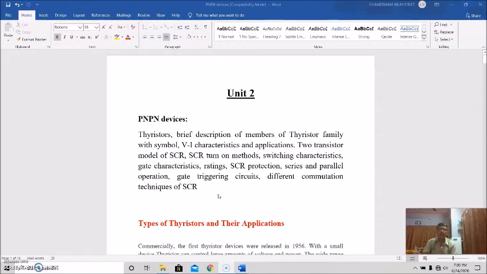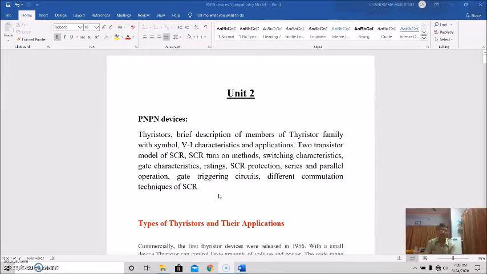We have mainly concentrated on the SCR. We have talked about the two-transistor analogy or model of the SCR while discussing its VI characteristics, and also the operation,